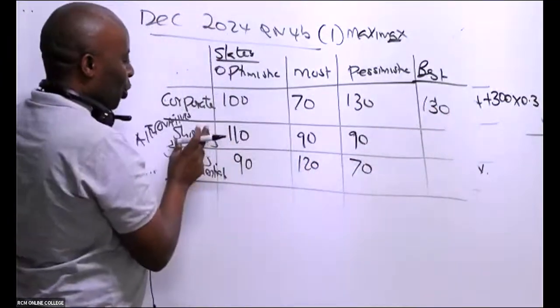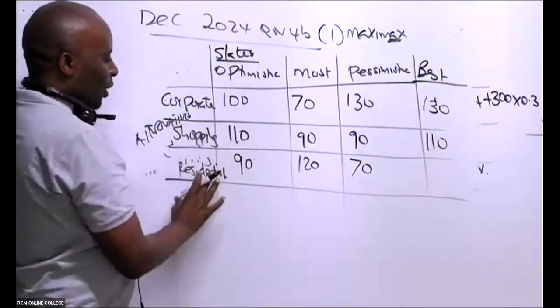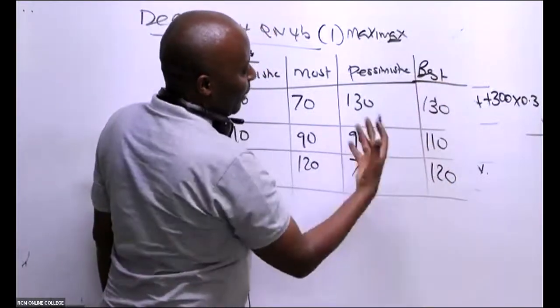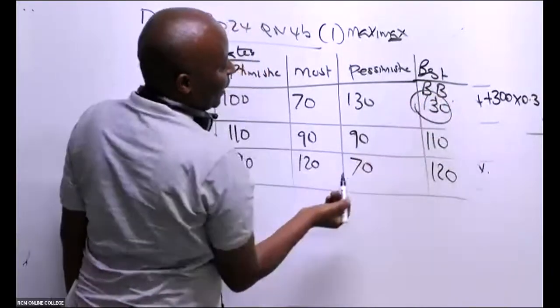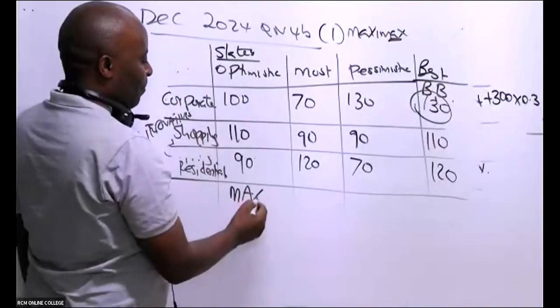130. If I go shopping, the very best is 110. If I go residential, the very best is... So out of all these, which one is the best of the best? This Koya BB, best of the best. And therefore, if it's a maximax decision,